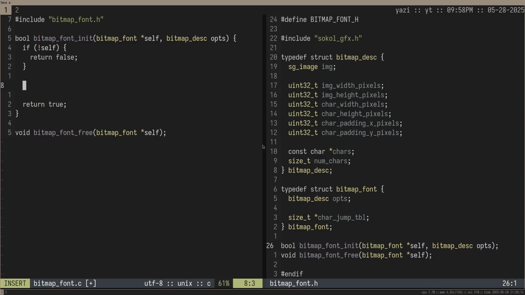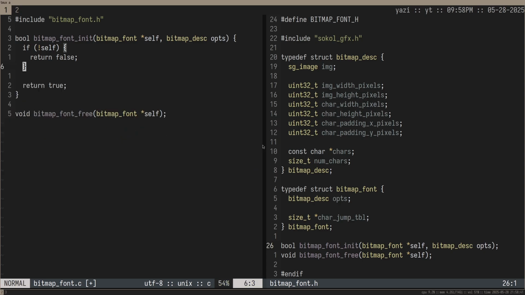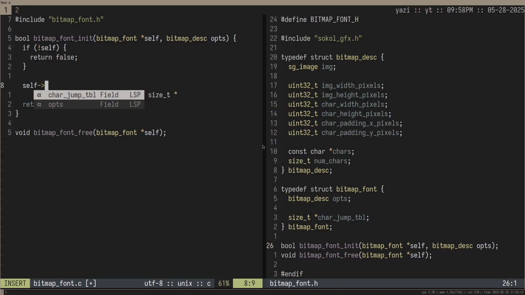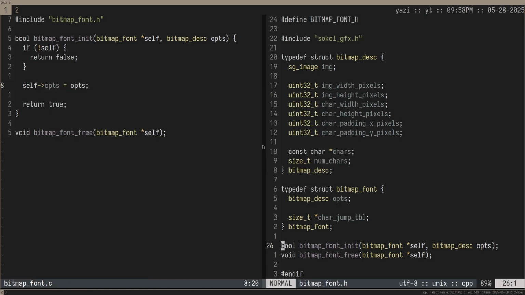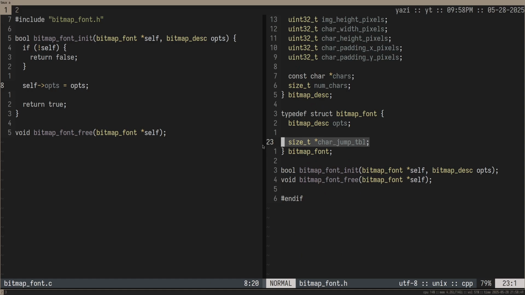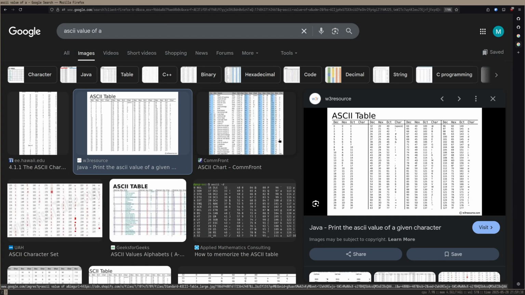And then we're going to need to do a couple different things. Now that we have that out of the way, all we need to do is just do self->ops equals the ops. And we have done most of what we need, but we do need this character jump table. Now, this character jump table is a little bit interesting. So what do I mean by a character jump table? Well, what we're basically going to do is we're going to take a character array that the user passes in,